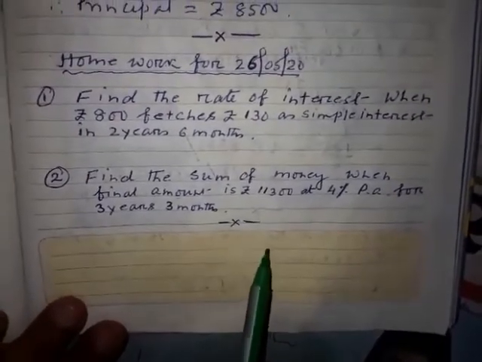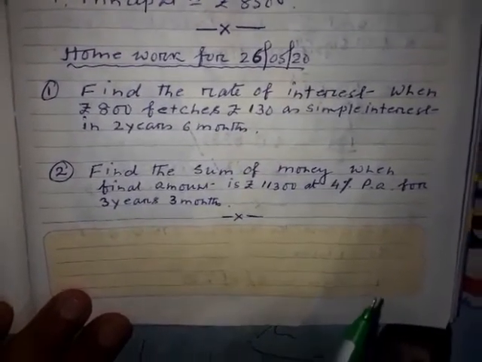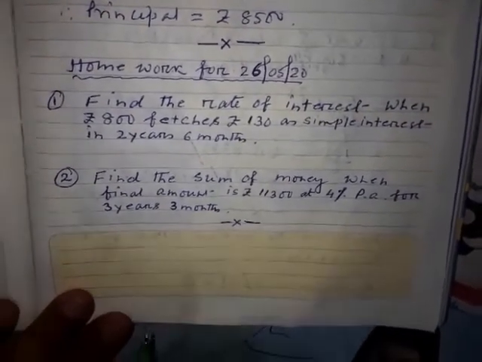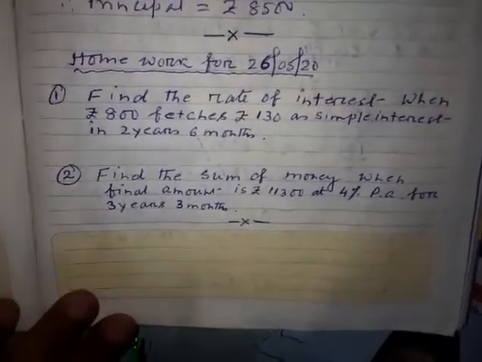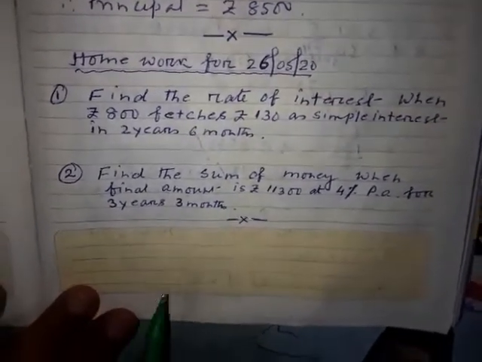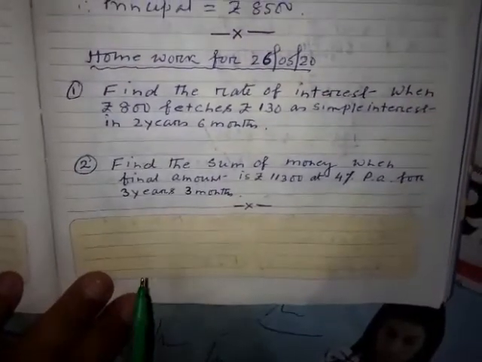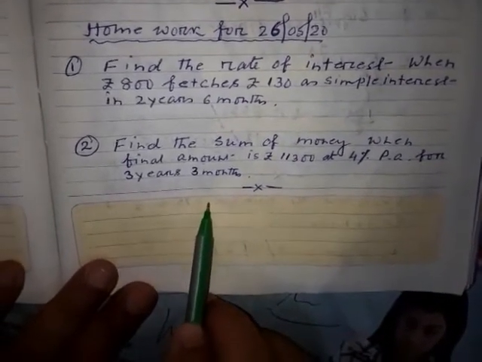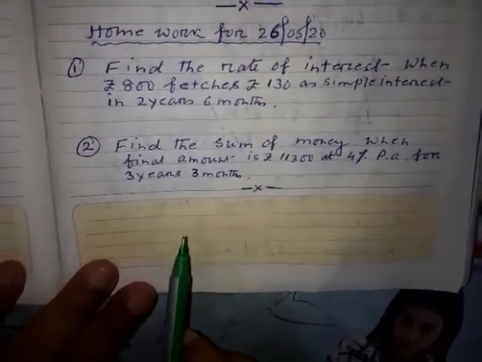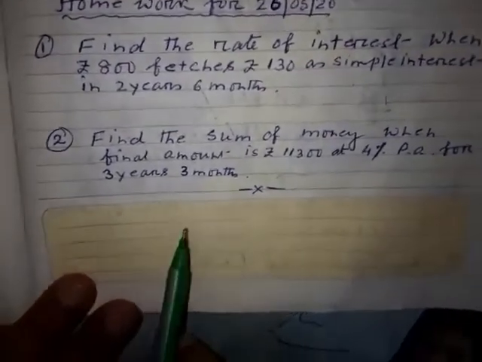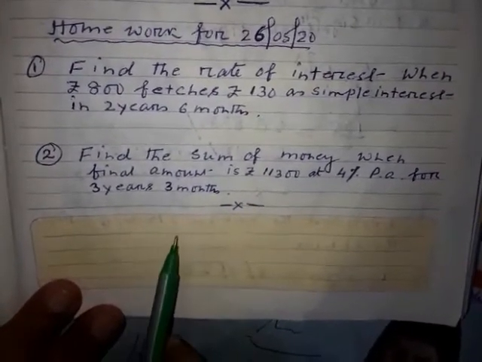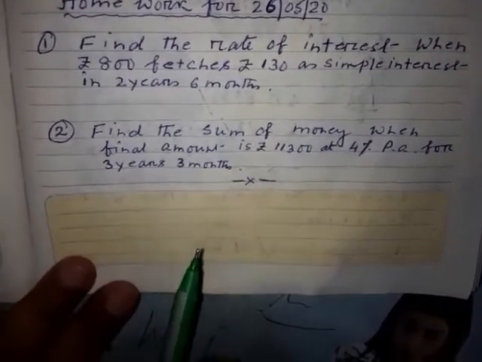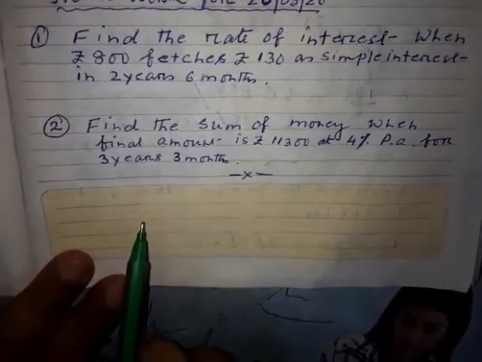Okay. Before ending today's class, once more I want to remind you, and this is the last time I'm requesting you: by tomorrow, I want from each and every one of you the photographs of the homework done by you from the very first chapter of revision, that is simple interest. Please send me the photographs of the homework done by you from the simple interest chapter, because the homework was not given in one day. The homework was given every day, maximum 3 to 4 problems.